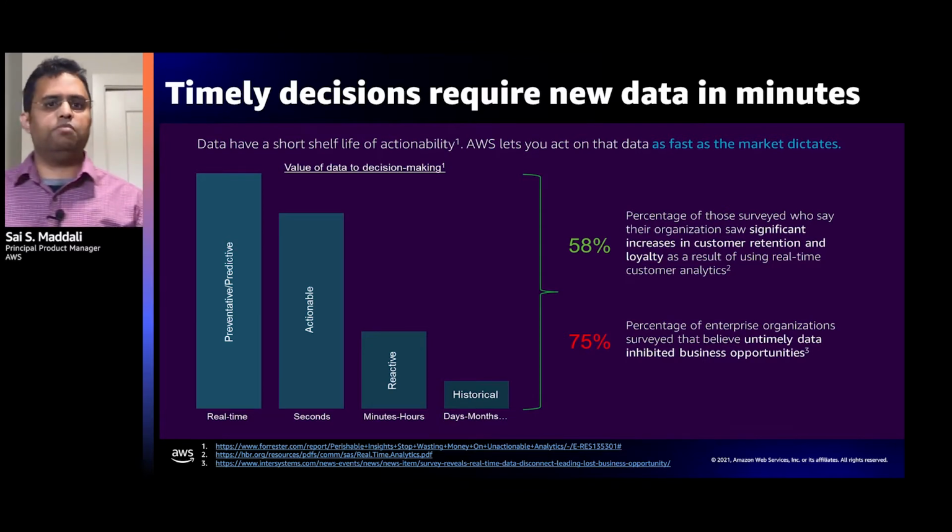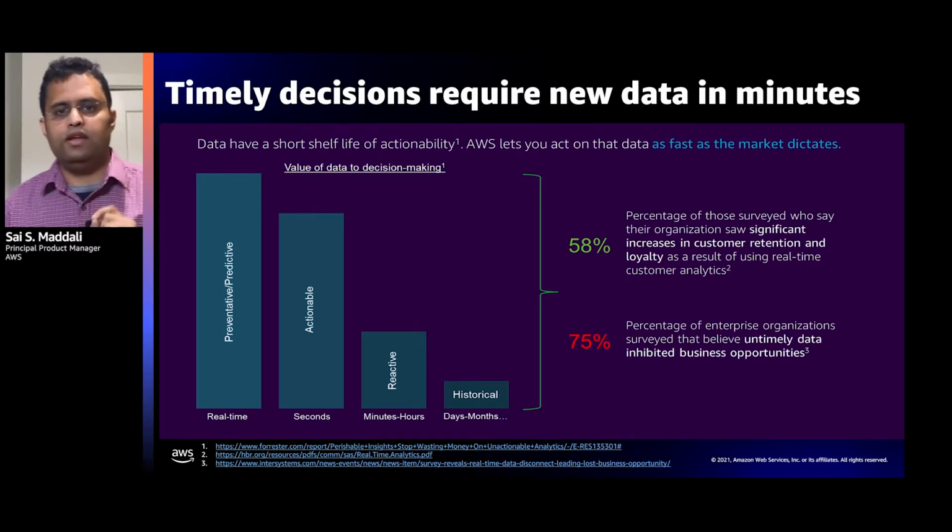Now, this is a hit and miss for a lot of businesses, as we have known in the past. Now, with streaming data in real time, what you can do is provide that coupon to the customer right when they're doing the checkout of that product that they're trying to buy. With this, you're able to improve the overall customer experience, increase retention, and loyalty. This is just one example.